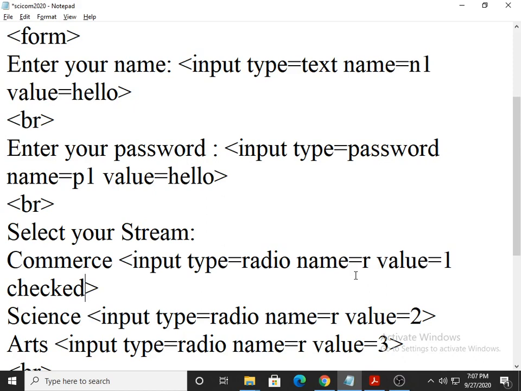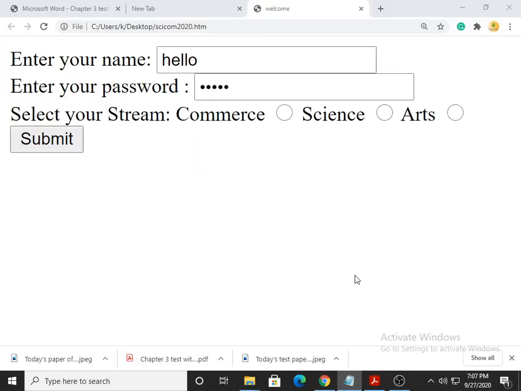So whenever you open the form, you are able to see that the radio button of commerce is default selected. See, I did not click on commerce. My mouse cursor you can see on the screen, the arrow is here.